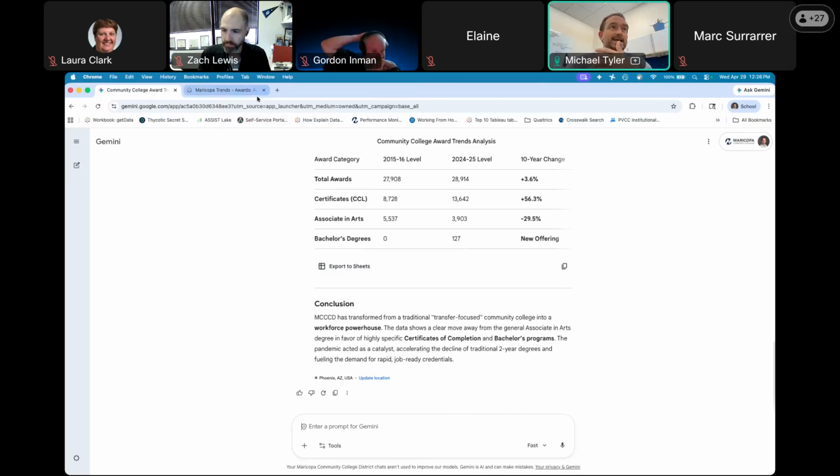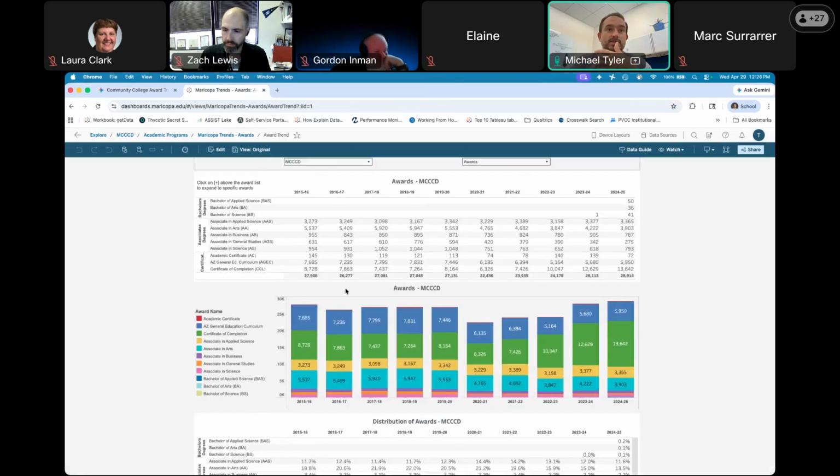So looking at that dashboard, what's nice about this one, it does have that same visual graph. And so we see that dip during COVID it's talking about. We see as a percentage of our overall award population, we do see green here as the certificates is growing. The number of AAs in the blue here is shrinking as a percentage of the overall. So just gut check, being able to go back and verify this seems to be fairly reasonable.